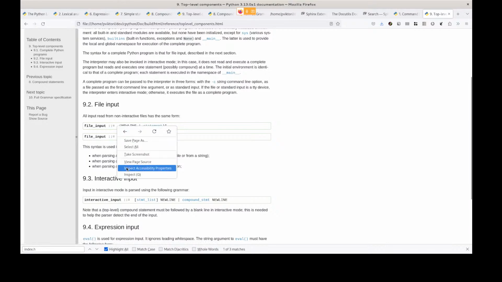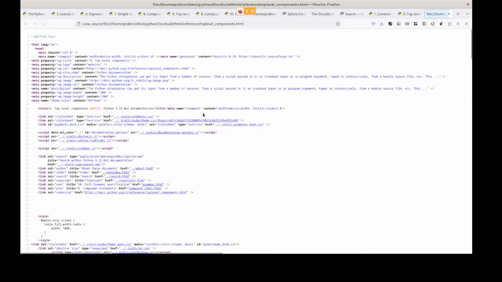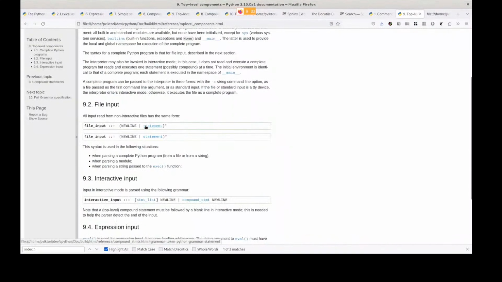And if I look at the source, this looks almost the same. I just don't have this code and pre. Right, so the statement here